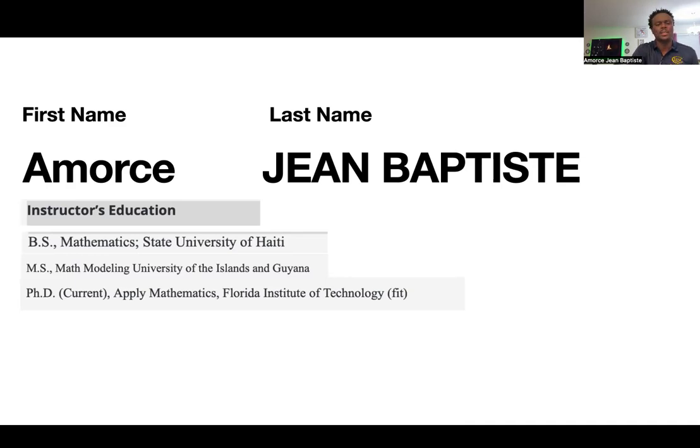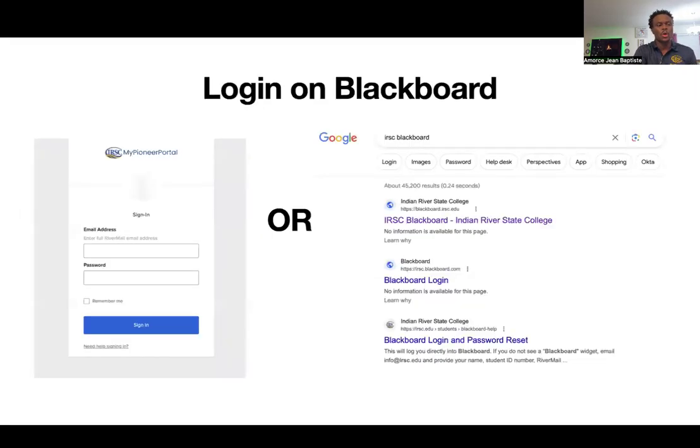Next up is how to log in to Blackboard. You have two options. You can use My Pioneer login, and there will be an icon for your Blackboard. You click on it, and it takes you straight to Blackboard. I believe you might need to have the tile there, and I don't know if it's already part of the tiles or if you had to add it.